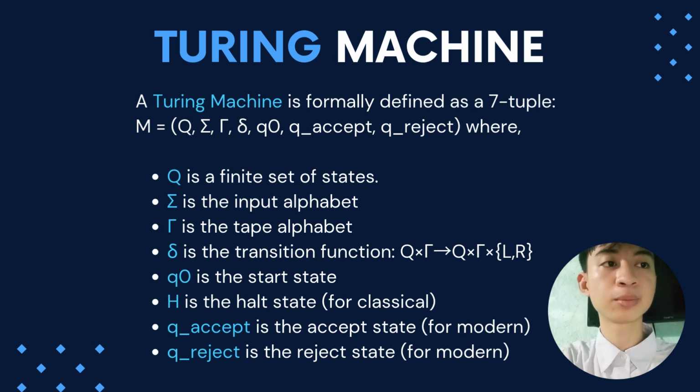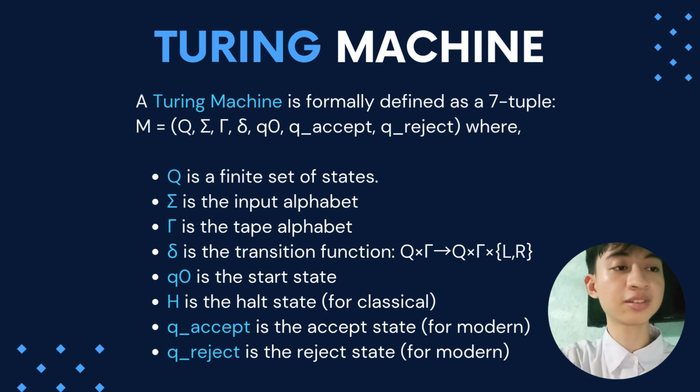A Turing machine is formally defined as a seven-tuple machine, where Q is a finite set of states, sigma is the input alphabet, which consists of symbols which the machine takes as input, and gamma is the tape alphabet. It includes all of the symbols from the input alphabet as well as a special symbol called the blank symbol. Next is delta, which is the transition function, which takes the current state and the current